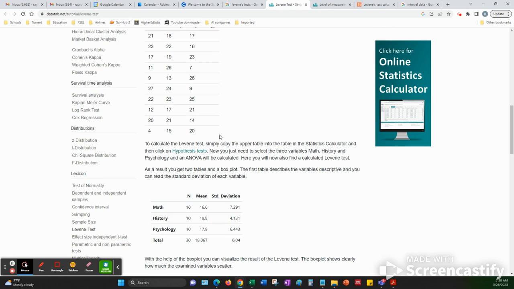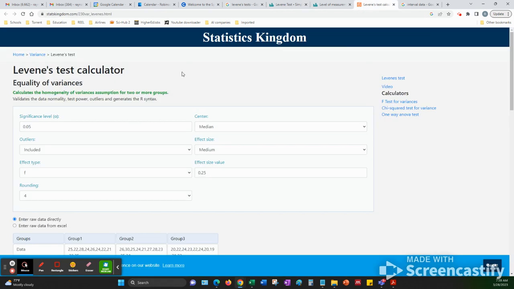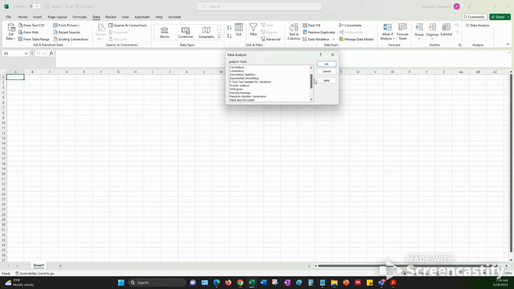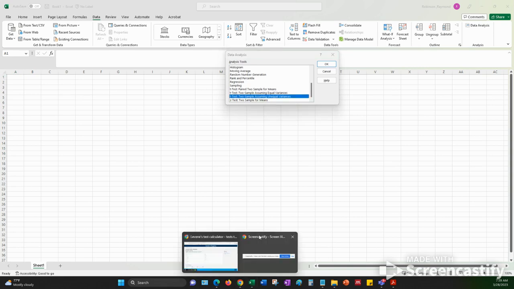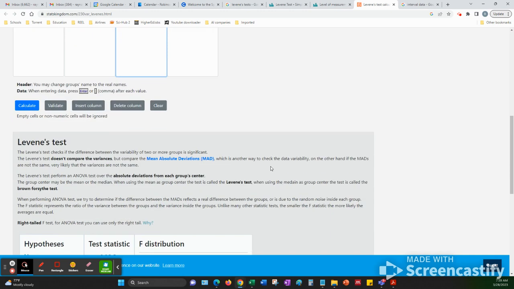So what you're going to do is read up on the Levene's test, and then you're going to practice it. I'll give you another website. Unfortunately, the data pack does not have a Levene's test in here. It just allows you to assume equal or unequal. So I'm going to have you log in here, and then you will put your actual data sets or data elements here. So group 1, group 2, you'll clear out group 3, and then you'll calculate, and it will tell you